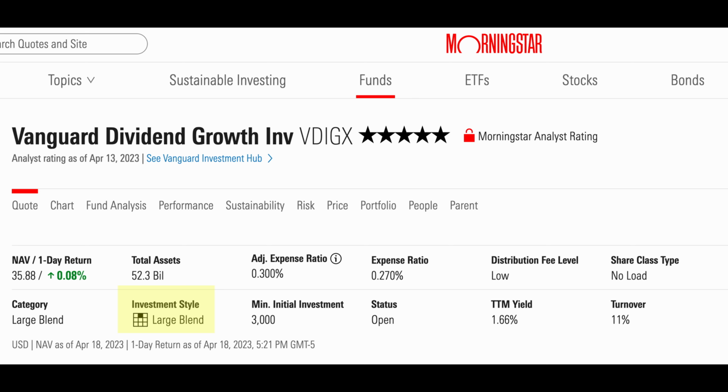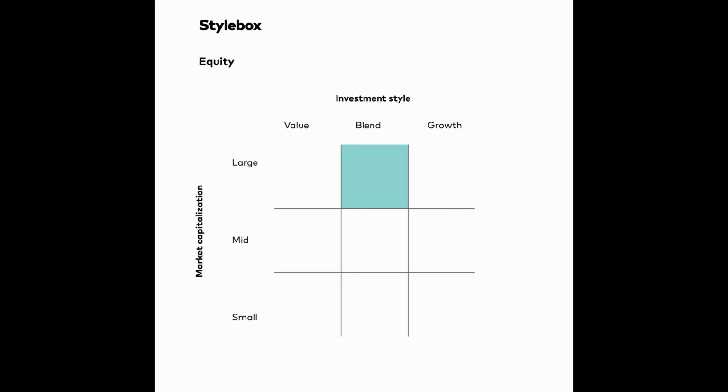Next, we should focus on the investment style of this fund. This specific fund invests in large blend category. Usually, it is represented in this grid format. Market capitalization is the size of the companies that this fund invests in, and the investment style ranges from value to growth. A value company would be a company that has value which is not truly appreciated by the market yet. It has the potential to go up in value soon. A growth company would be a company that is growing aggressively in its revenue every year. This specific fund is investing in large companies with a good blend of both growth and value.